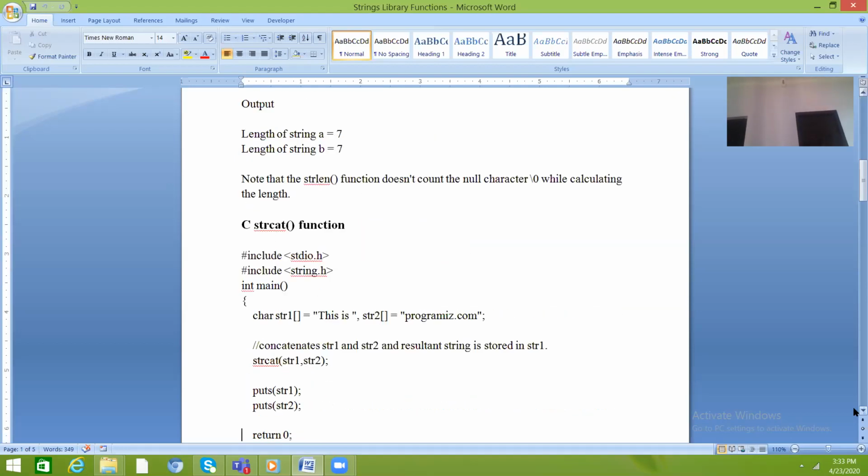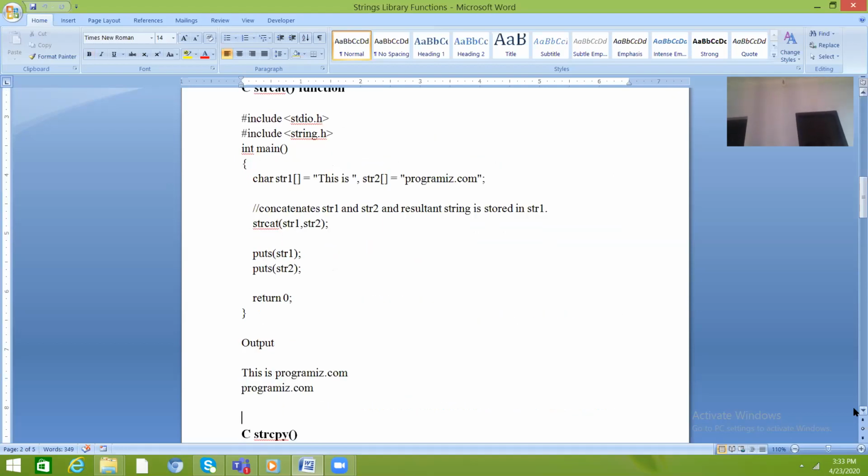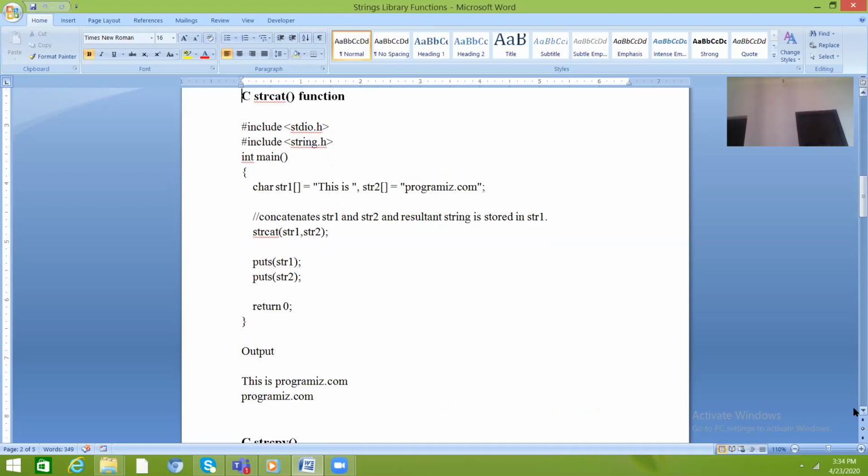Second is the strcat function. What is the strcat function? The strcat function is generally used to concatenate two strings. We will see all these programs without using library functions, using only logic, in a later class.